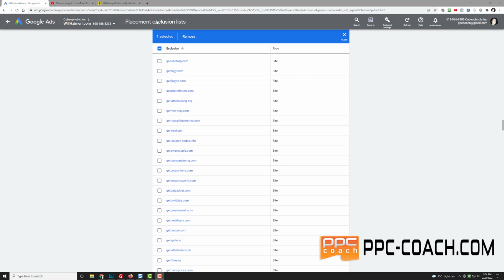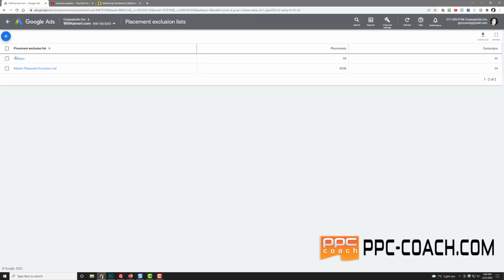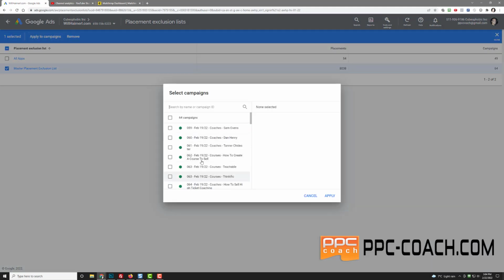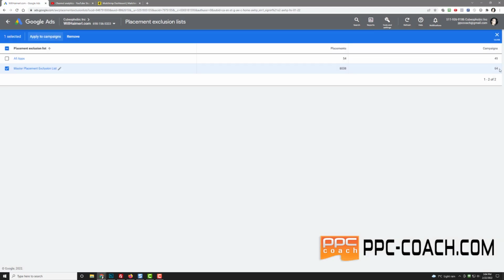And then what you do is you go back to your list and you just click it and you click apply to campaigns, and then you can pull up all the campaigns you want to apply it to. So I just applied it to every campaign, and any new ones that I create, I will do a duplicate, but I'll check and make sure that every time I create a new one, that number goes up. I might have to come back in here and manually apply it to any new campaigns, but still, the solution, I hope, excluding it on the master placement list, I hope that takes care of it,